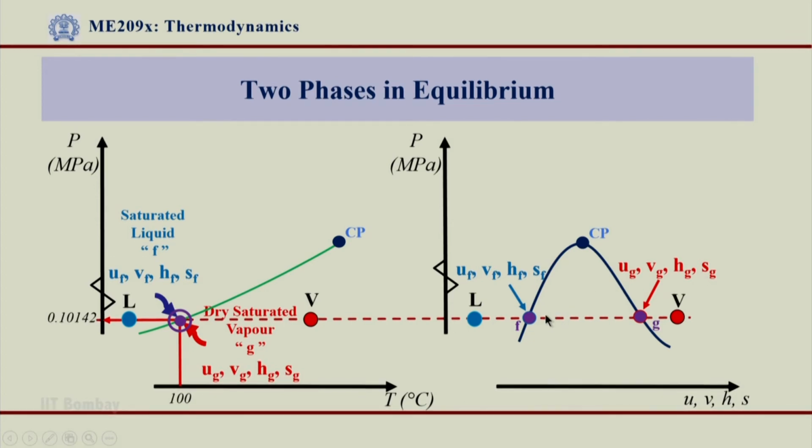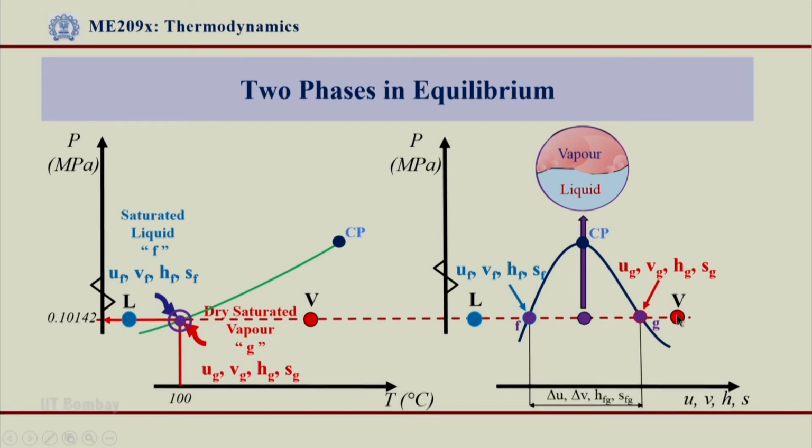The point to be noted is, in the steam table we will have values for the saturated liquid region with F as subscript, and we will have properties at the saturated gas region with the subscript G, and any point in between this F and G is a two phase mixture. Two phases are in equilibrium, there will be a liquid region and there will be a vapor region, depending on where it is, because we are going from 100% liquid to 100% vapor. So, depending on how close it is on the left side or the right side, the proportion of liquid and vapor will vary accordingly.